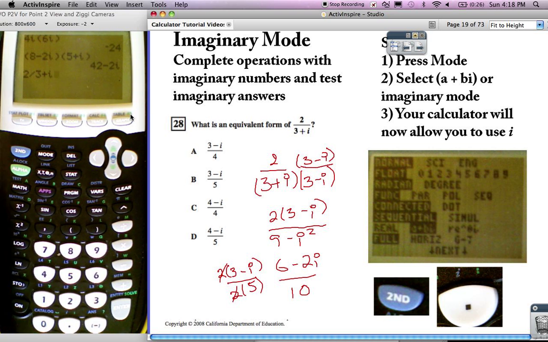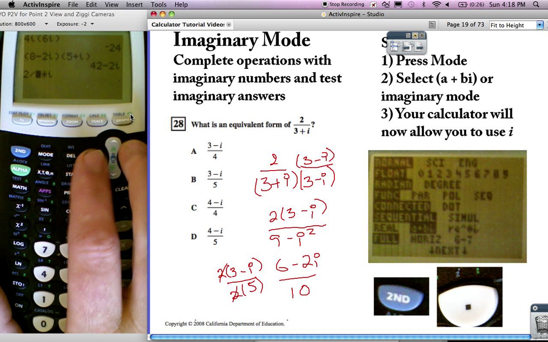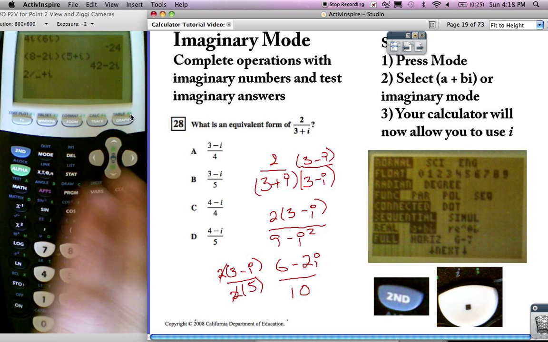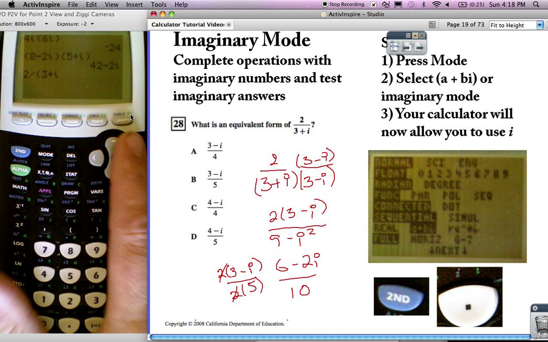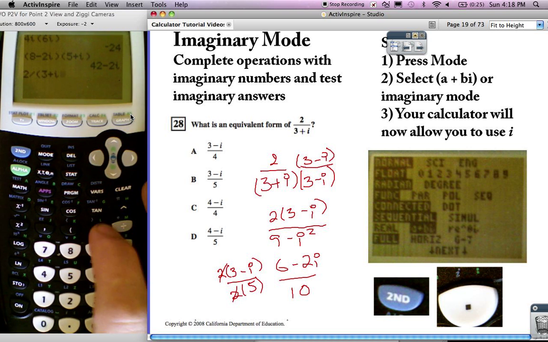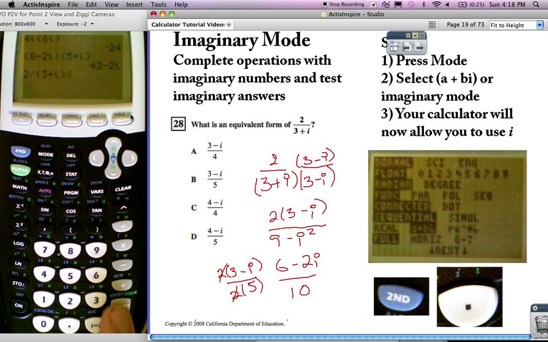Okay, so again, I'm going to go back here. I'm going to use second insert and insert the correct parentheses. And I'm going to hit enter. So I get 0.6 minus 0.2i. Now, if you go down here, you can see that's exactly what I had,